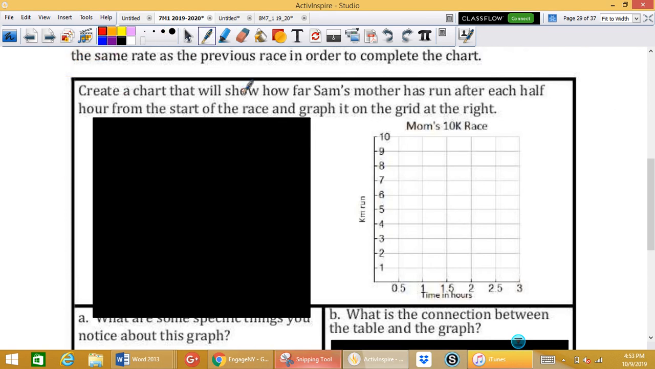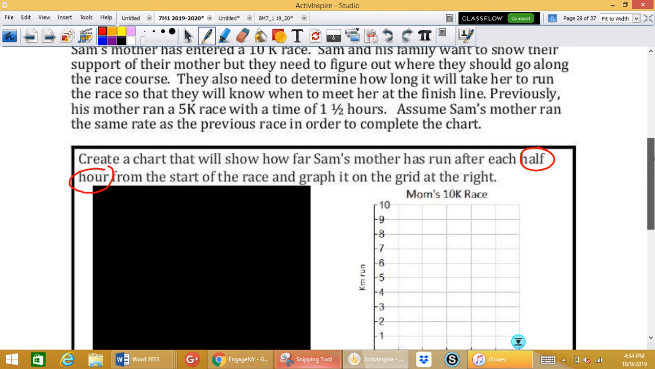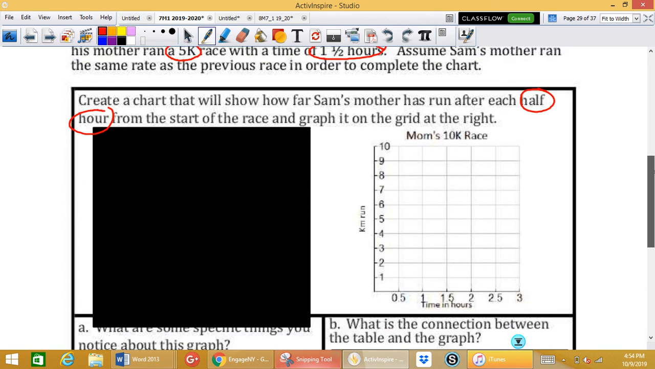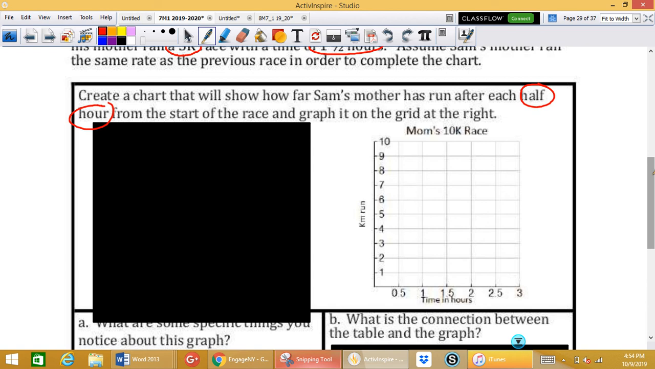So create a chart that will show how far Sam's mother has run after each half hour from the start of the race and graph it on the grid at the right. So she can run 5K in an hour and a half. So let's figure out how much she can run each hour. If she can do 5 kilometers in 1.5 hours, I take 5 and divide it by 1.5,